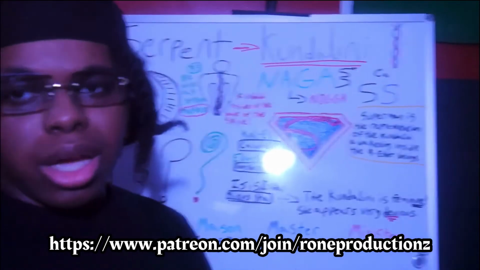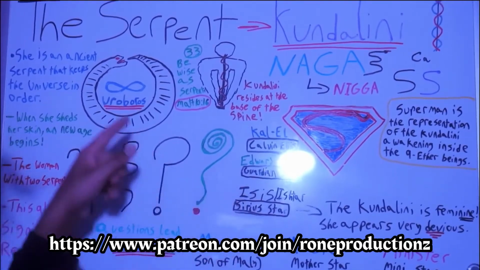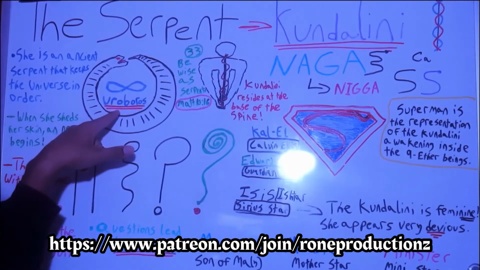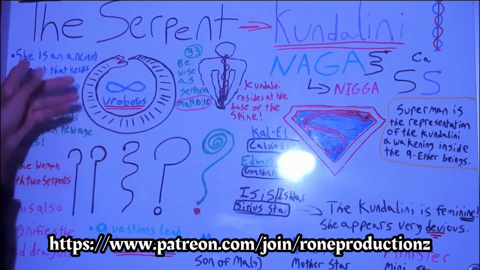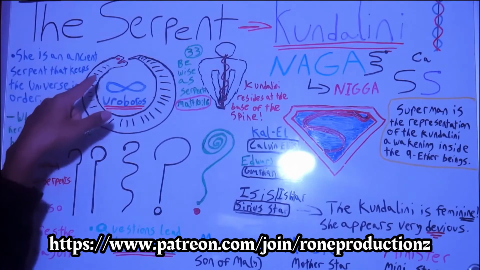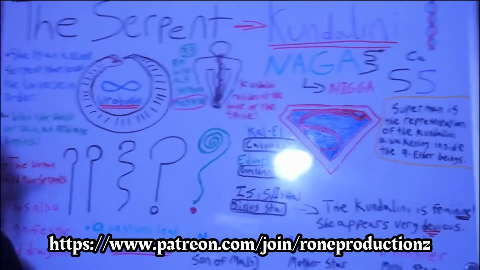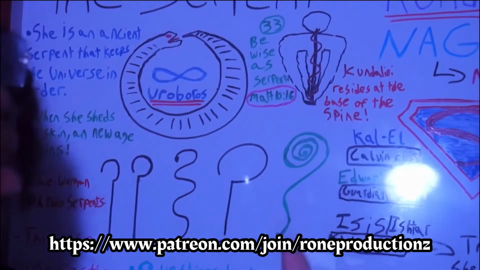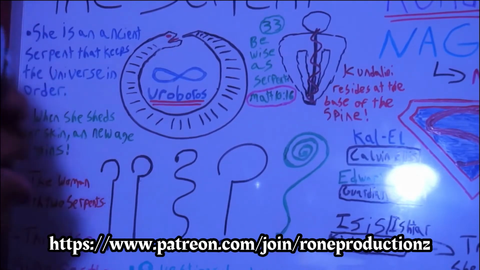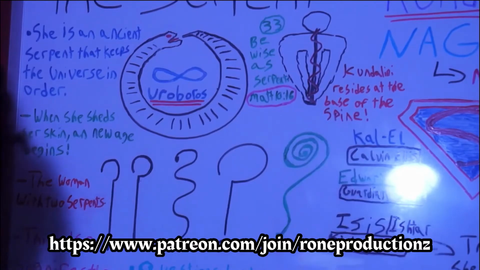So when you look at the board, you have over here your Ouroboros. What you have right here is the ancient serpent, where the snake is biting its tail. This is where you have beginning and end, Alpha and Omega, but this is also infinity, because time never ends, time never ceases. So when you're dealing with the infinite